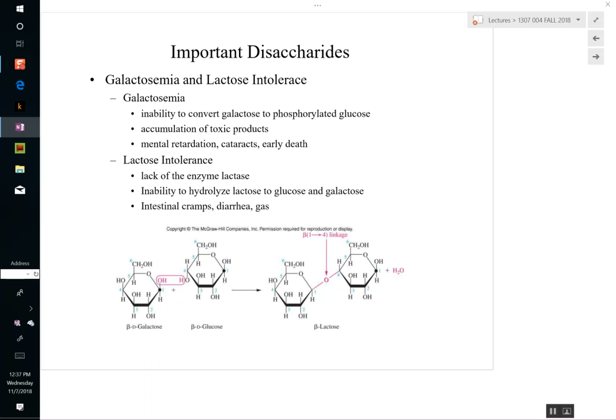One, early in life, or actually it would be a genetic condition, if someone was not able to metabolize galactose. When an infant is born, they very quickly